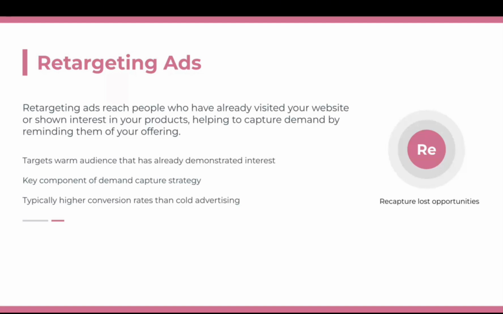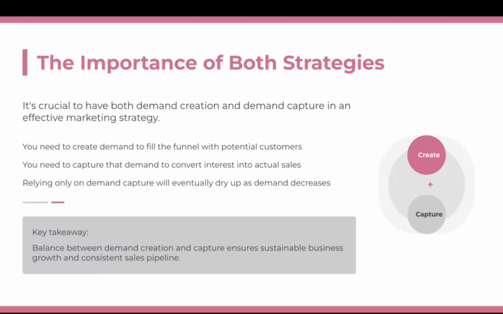It's a great way to target your warm audience that already demonstrates interest. Key component of demand capture strategy, and it's typically a higher conversion rate than cold advertising. So again, retargeting ads is a way for you to recapture lost opportunities.